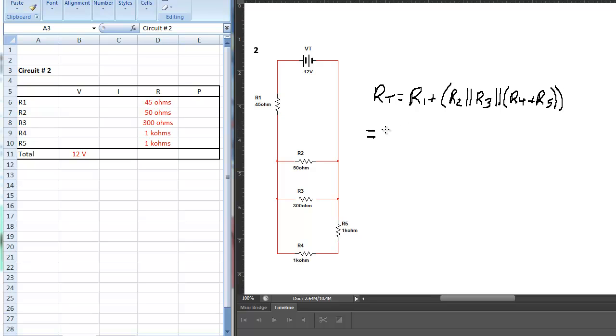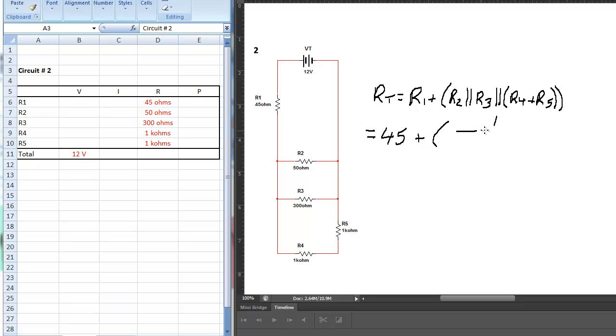Remember, RT equals 45 ohms. Now I will convert these kilo ohms to straight ohms just so I don't have to put any units in. So this is the same, 45 plus. Now this whole section is in parallel, but remember we have these nested brackets in here because we have these two loads or resistors in series with each other, and when you combine them, when you sum them in this case, notice that's what it says right here, then we put them in parallel. So I'm going to